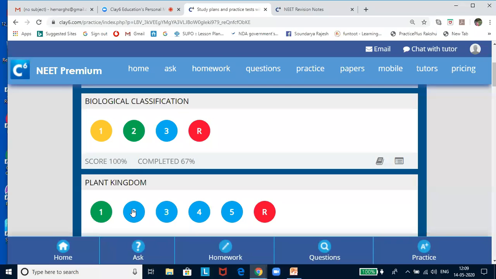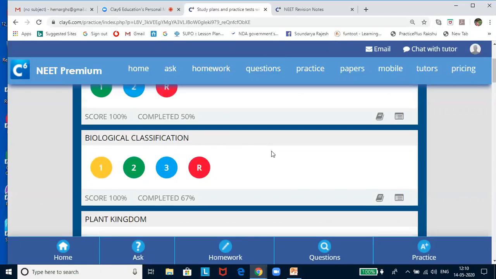Blue bubble indicates that you have not taken the test yet, and this last red bubble shows that it's a randomized test. So as the complexity I said increases, in the randomized test it will be a mixed bag of complex questions and simple and easier questions. Now this yellow bubble here shows that you have not completed the test. Suppose you have taken the test, you felt that after 4 or 5 questions you are not ready for the test, then you feel like quitting the test, then again you can visit the test after learning all the concepts thoroughly and then come back to the test.